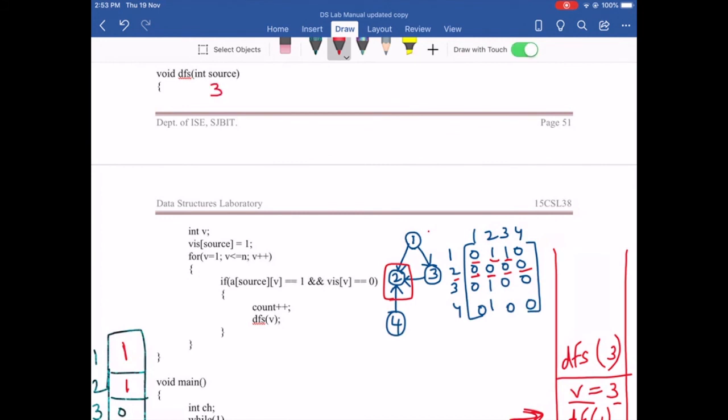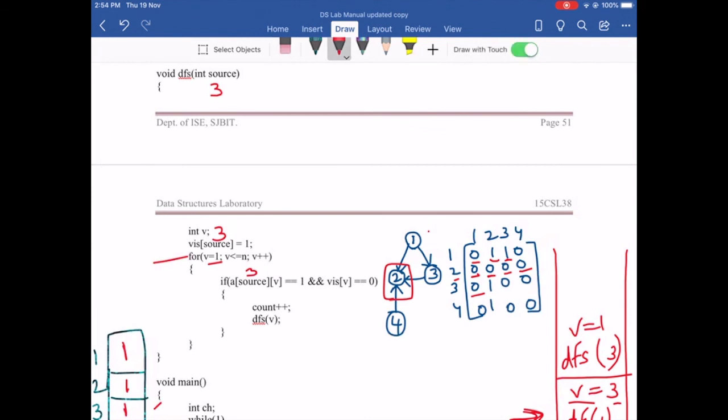I am going to check from 3, can I actually visit any other nodes. We are going to visit the node 3 first. Visited of 3 was actually 0. Now it is going to be changed to 1. Next, from 3, what all nodes can you reach? That is what you are going to check in this particular for loop. So source is 3, and v is again starting from 1. Now is there an edge from 3 to 1? It is 0. The condition fails.